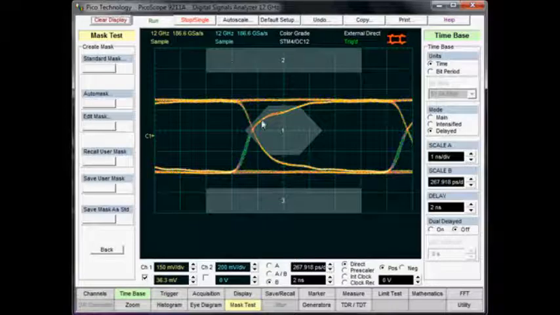So here we can see what it's attempted to do is to find the crossing point and position the mask at that point. As we can see, this particular waveform has got quite a slow rising edge, and in fact is going into the mask. So we could perform a mask test at this point and see where the waveform crosses into the mask. So I'm going to